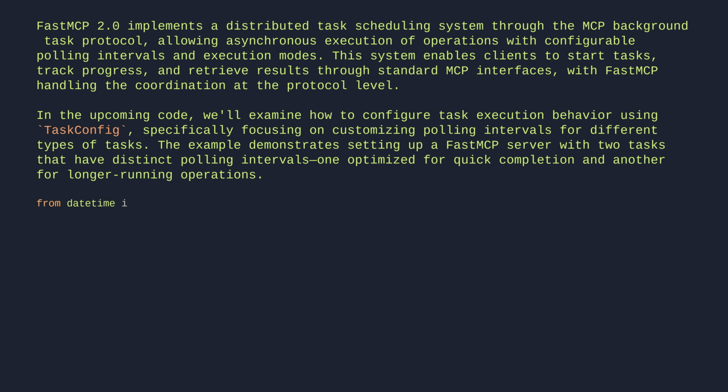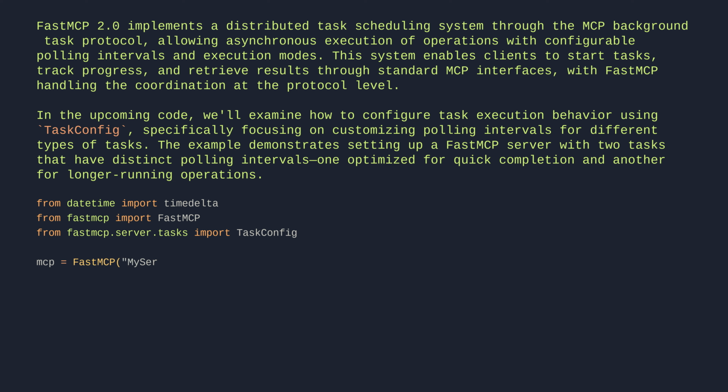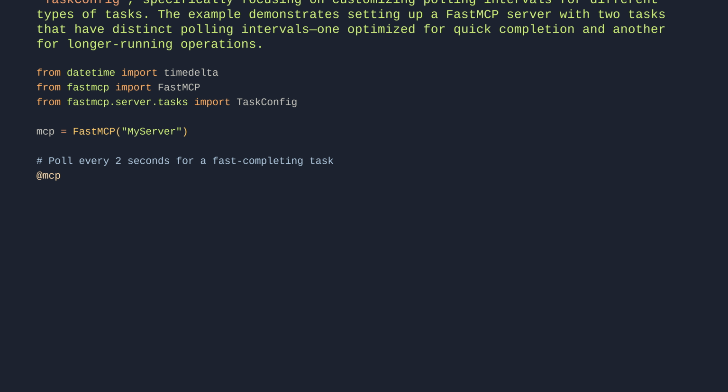From datetime, import timedelta. From fastmcp, import FastMCP. From fastmcp.server.tasks, import TaskConfig. mcp = FastMCP("myServer"). # Poll every 2 seconds for a fast completing task. @mcp.tool(task=TaskConfig(mode="optional", poll_interval=timedelta(seconds=2)))